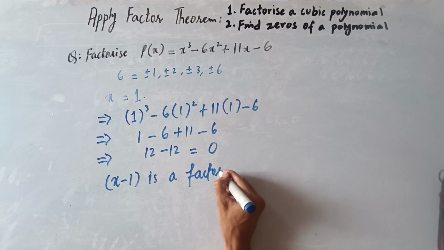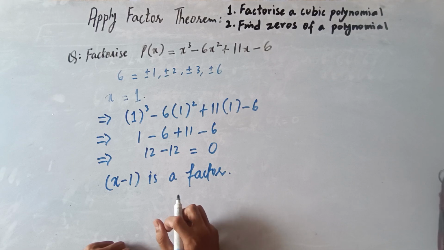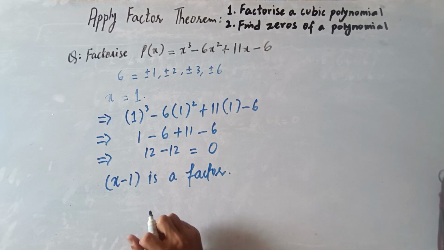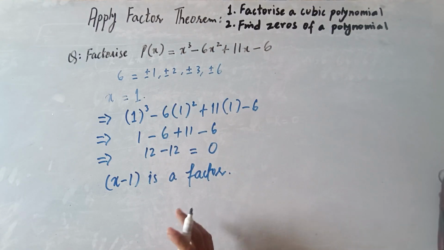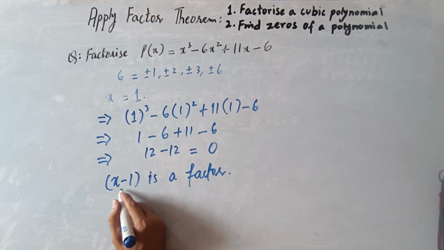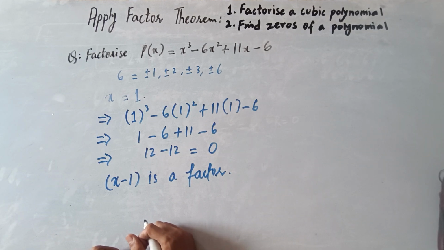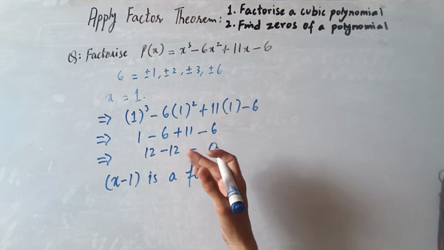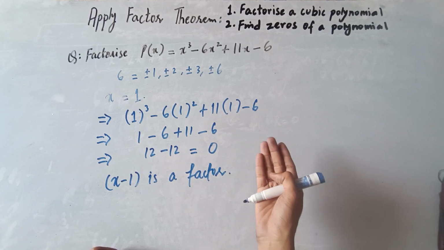So what does it mean? Is it factorized? No. As you know, for a cubic polynomial the highest power of the polynomial is 3, so we should have 3 factors of it. Right now we have got only one factor, so now there are 2 methods after it. The first method is similar to this, so I'm not showing it to you because now you know how to put the values, so I will show you the alternate way of doing it.